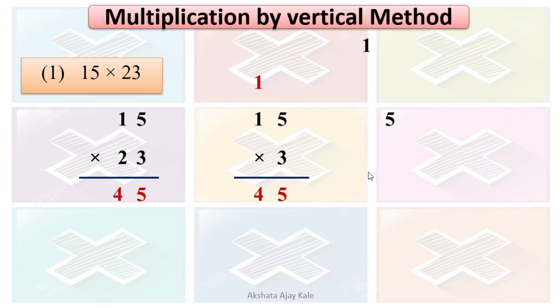See this. Multiplied by 20. Why have I written 20 here, not 2? Can you tell me? Yes, very good. Because 2 is in the tens place. This is 2 tens. And you know that 2 tens means 20. Correct? So we have to write here 20. Okay, now 0 is there. So we will put 0 first. You know this method, right?